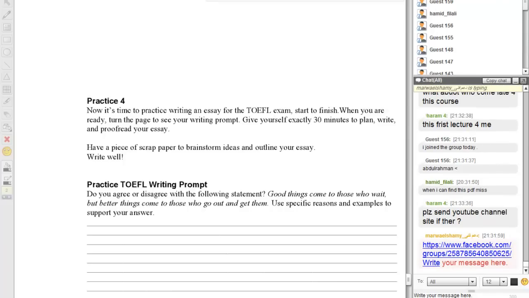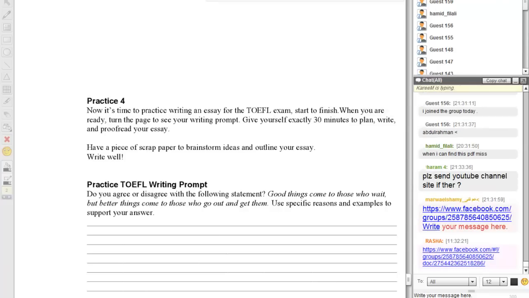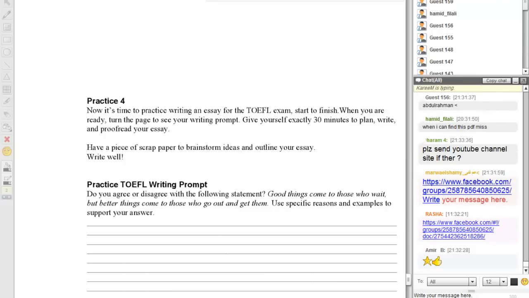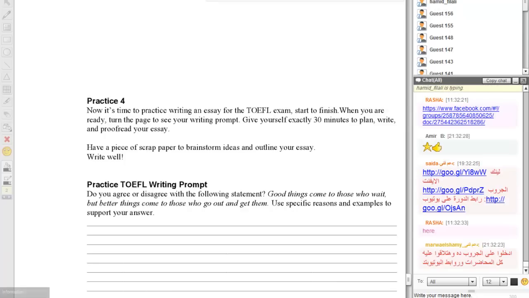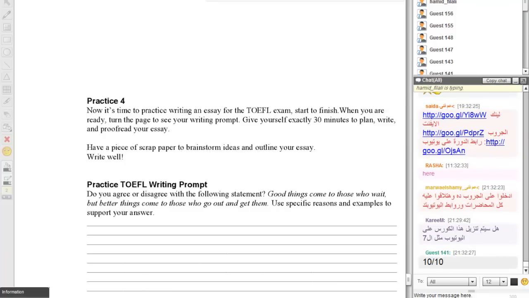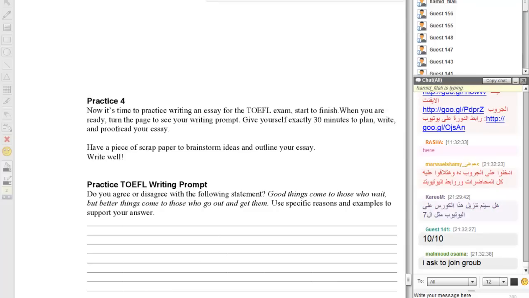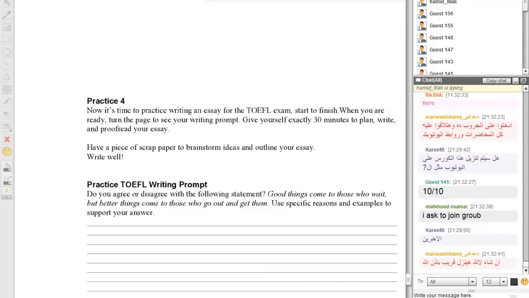If you can't find this PDF, you're going to find it just on the wall. Check the documents, and you're going to find the PDF files and the videos on YouTube and everything. If you have any question, you may just post it, and actually directly to the academic website, the main website, not on the Facebook. It will be easier for you. They upload everything there, and there's such a great library there, so you may use it. You may download even a lot of useful materials.